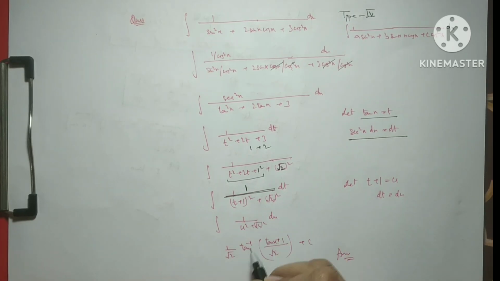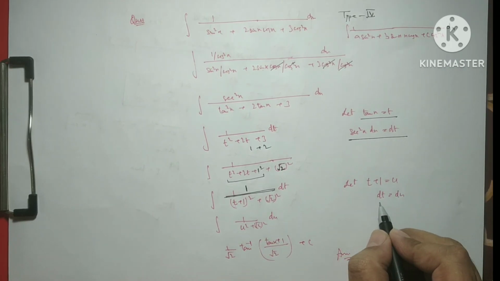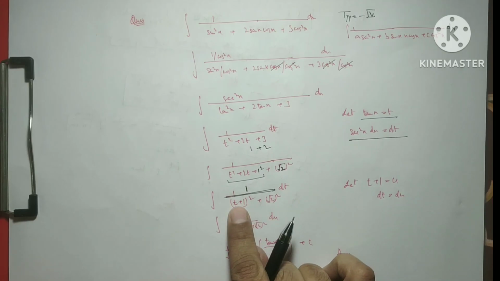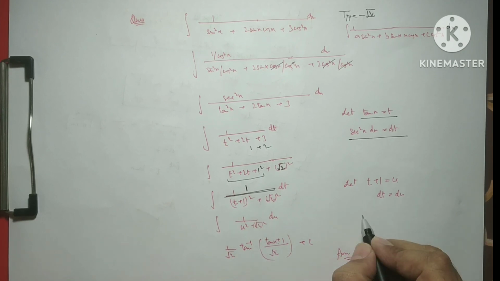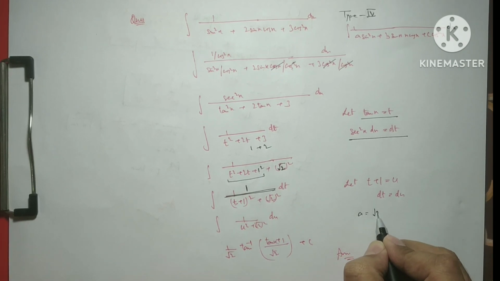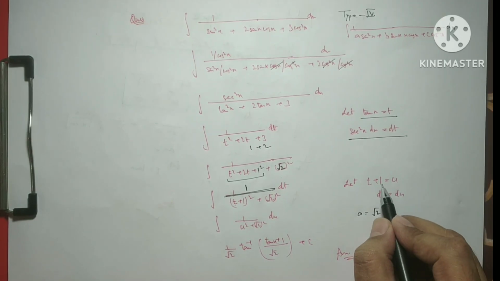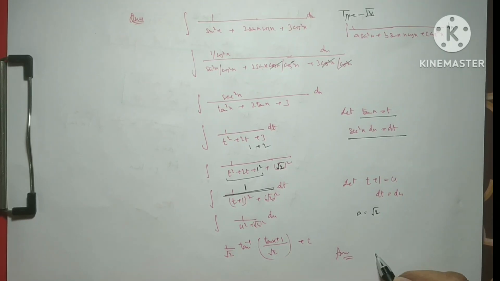And again this is the format of tan inverse, and we consider t plus 1 as u, and on differentiation we get dt equals du. On putting these values, this becomes u square, and dt as du. So this is the tan inverse formula in which a is root 2. So 1 over a tan inverse u over a, and what is u? u is t plus 1 and t is tan x. So we can write 1 over root 2 tan inverse of tan x plus 1 over root 2, and this is our answer.